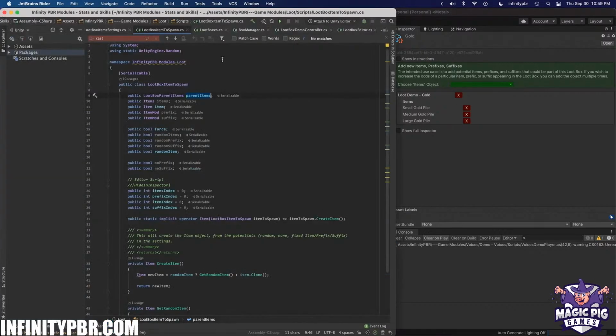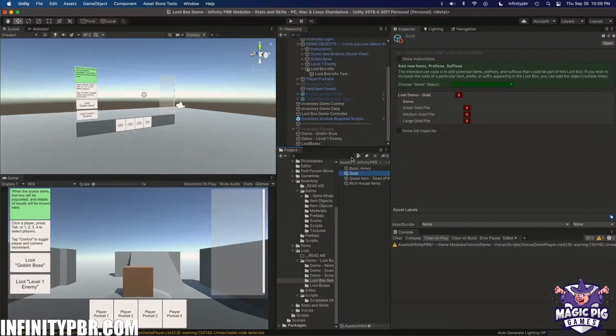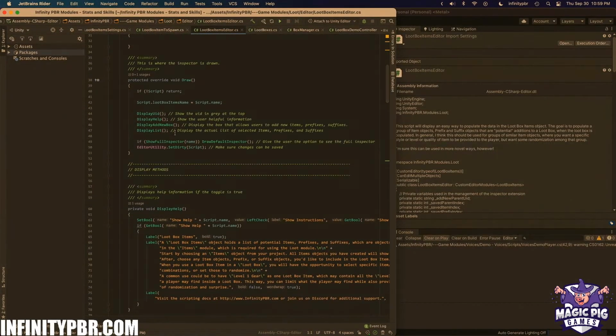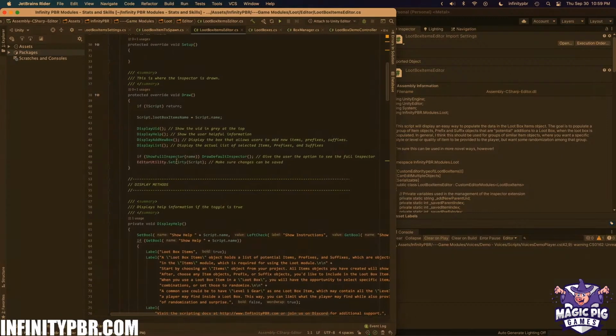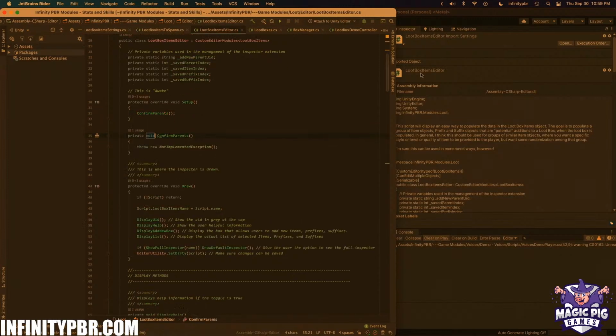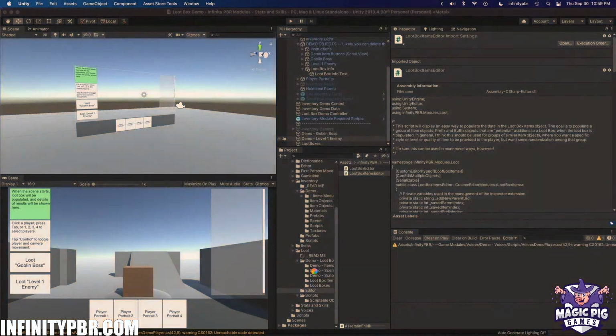So the loot box item editor. This is really a kind of a temporary thing, because